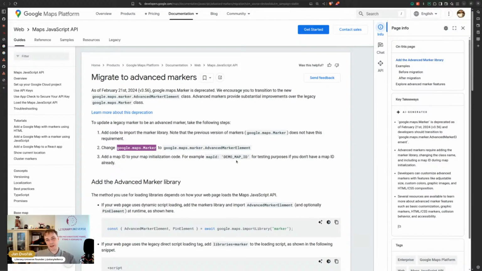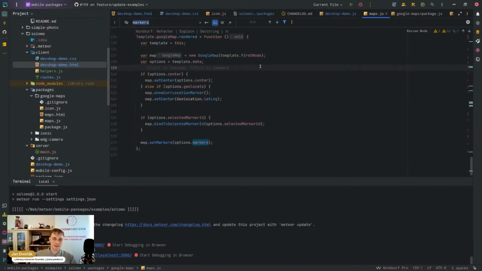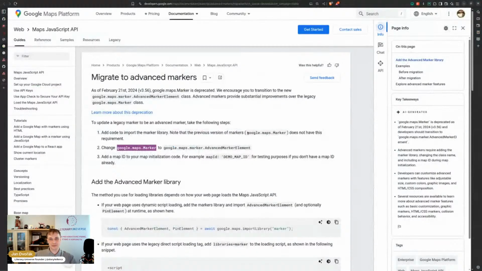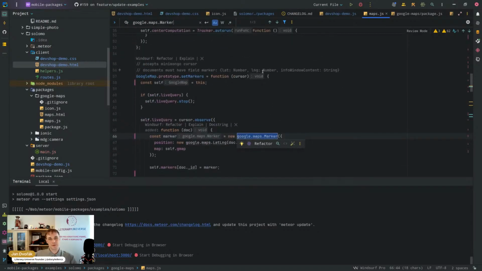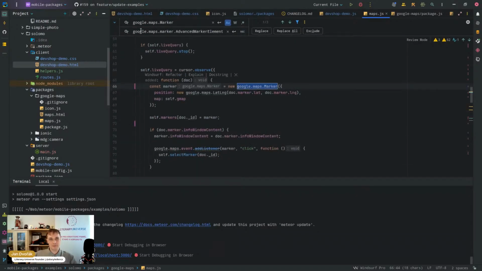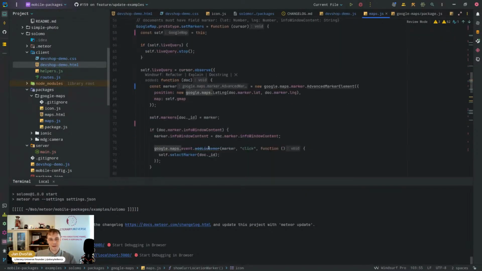And we should be adding map ID, which I don't think we have, because we are using something very ancient. Oh, self.gmap. Well, first of all, we have these 3 of them. So replace all. This one is